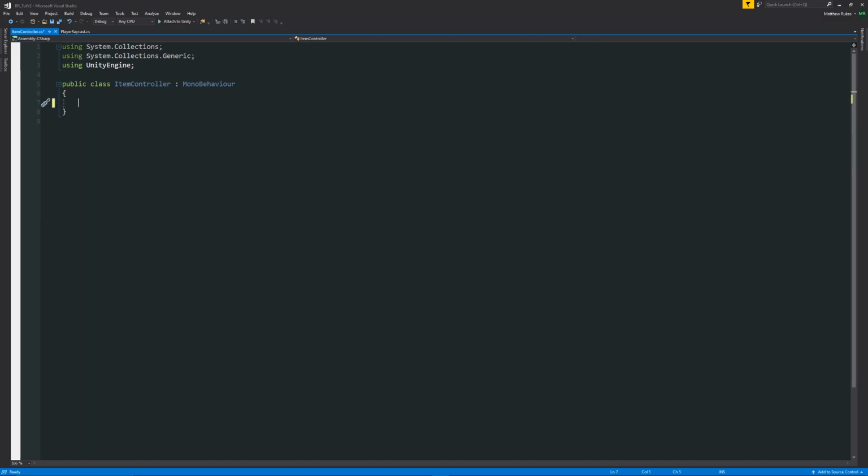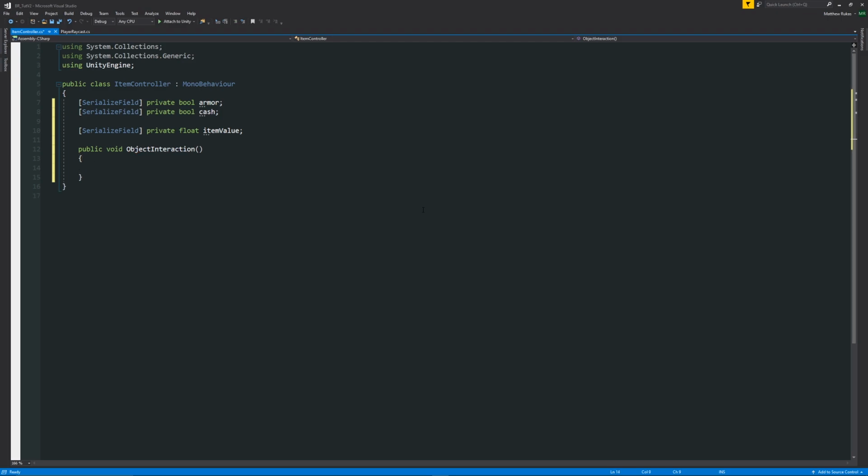So we'll go to there, we'll say square brackets serialized field, we'll say private bool, we'll set this to armor, we'll have another serialized field private bool and set this to cache, because they're the 2 types of objects. We'll also have a square bracket serialized field private float item value. Then we're going to have a public void, so we want to access this one, an object interaction with 2 brackets,